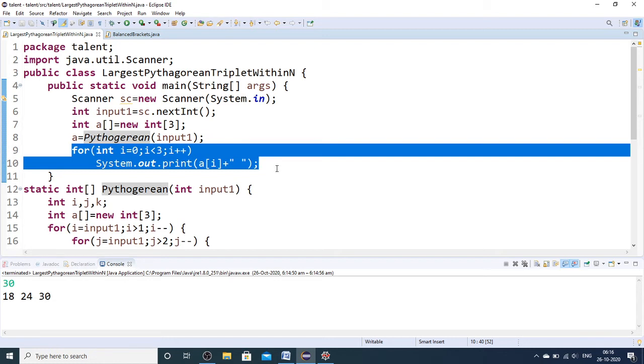Since in the placement exam you are not going to display anything, that's why I said you don't require this main function.